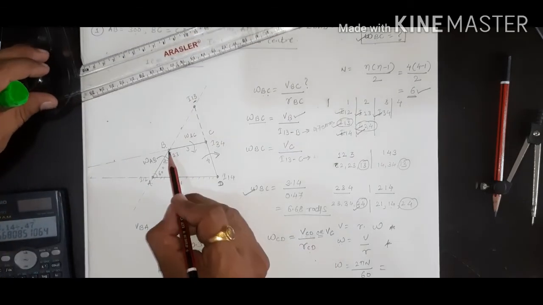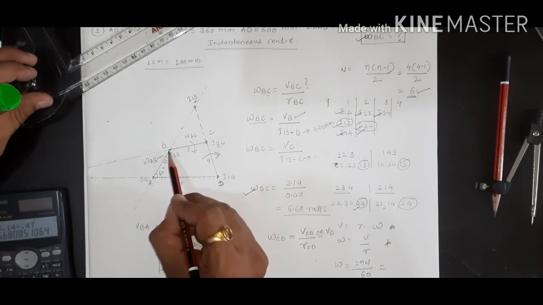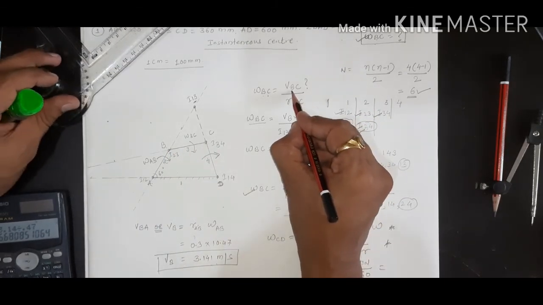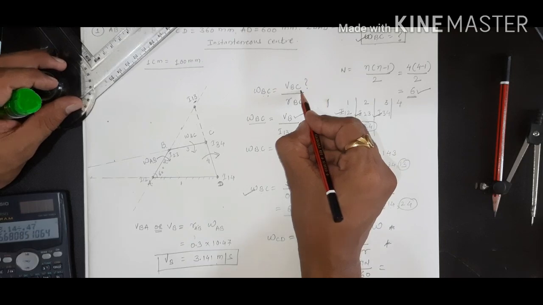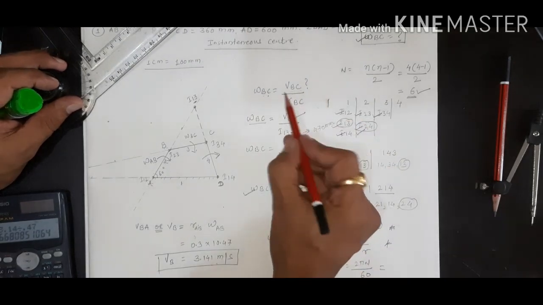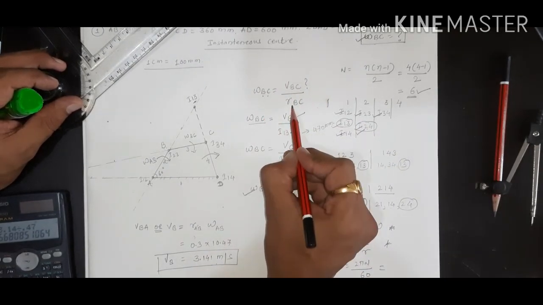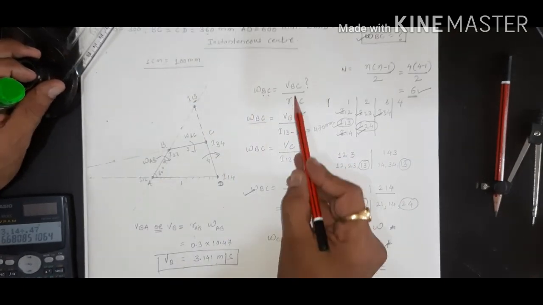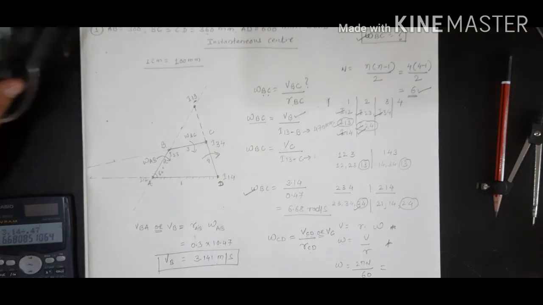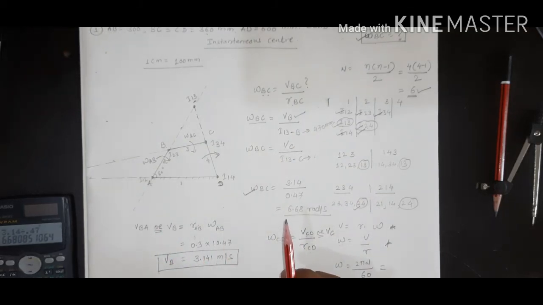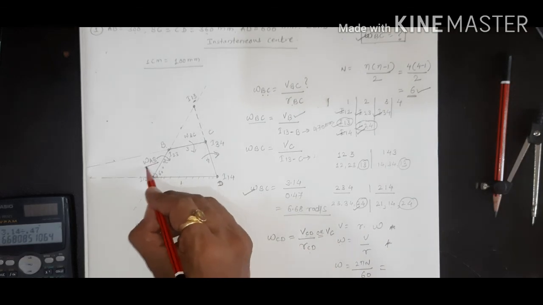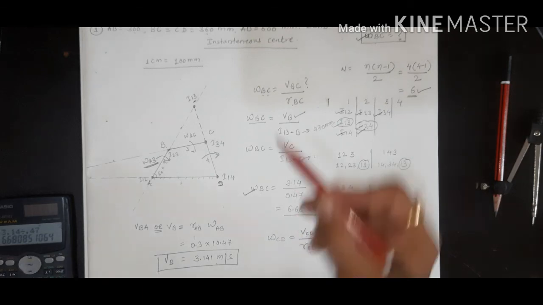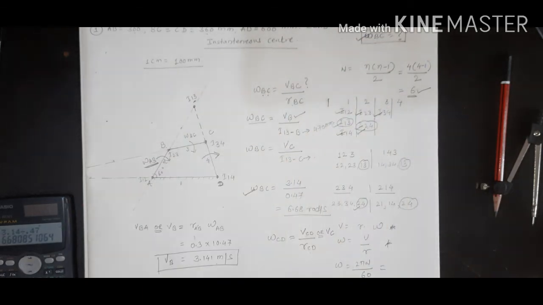Now you can calculate the angular velocity of BC as well. We have calculated the angular velocity of BC; the relative velocity of B with respect to C, that also you can calculate. How? Now you know omega BC, you put down the radius, it is given 360. Now you can calculate it. So by knowing one angular velocity or linear velocity, you can calculate all the possible quantities of that mechanism.